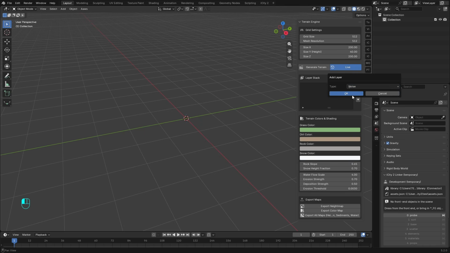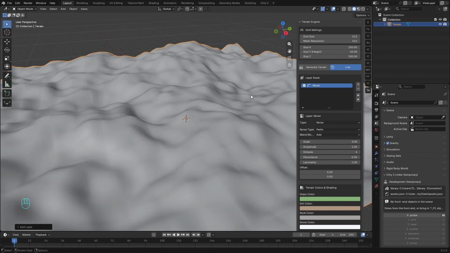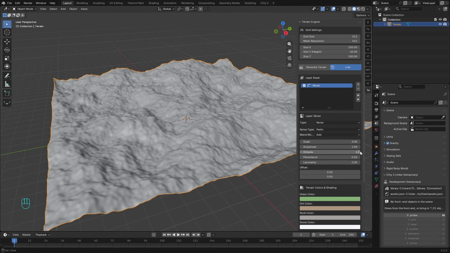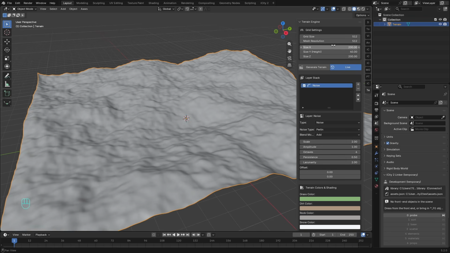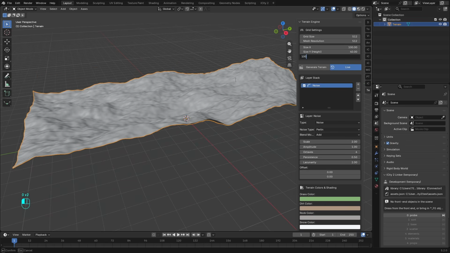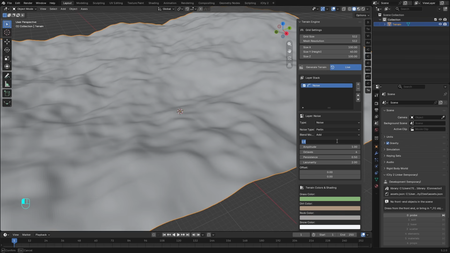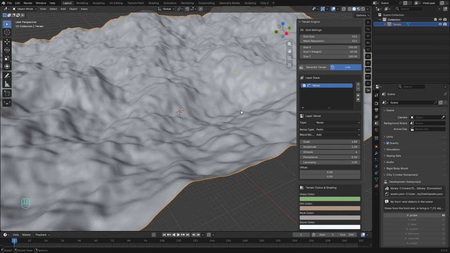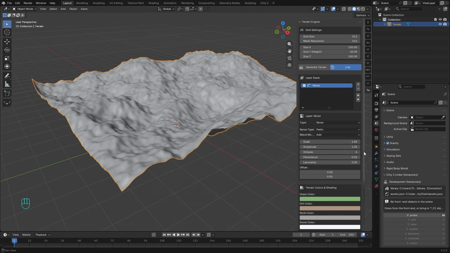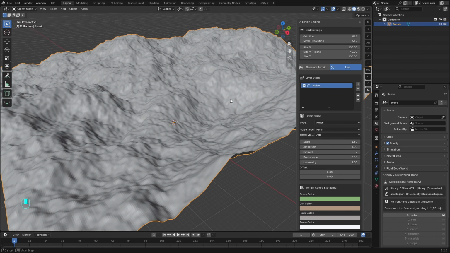I'll add a noise layer. I'll zoom out, maybe add some octaves. Control the scale, let's make it 2. And the size will be 100 by 100. Maybe the size of 1.8. Okay, maybe one more octave, and I'll use the